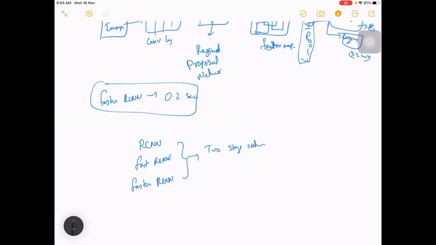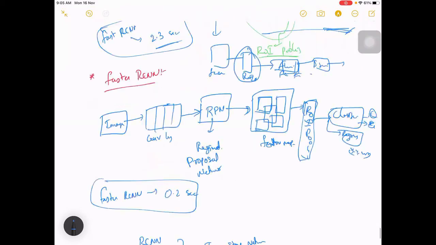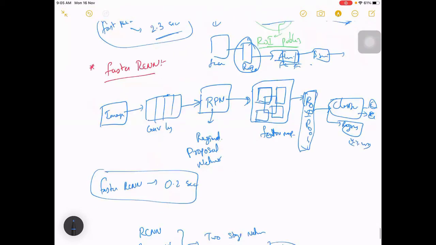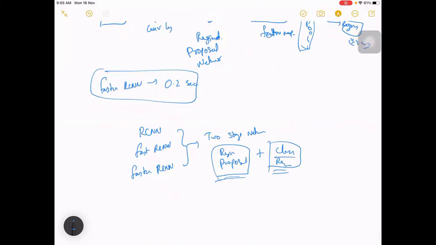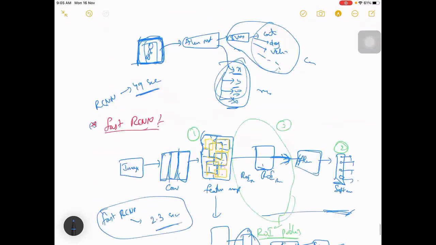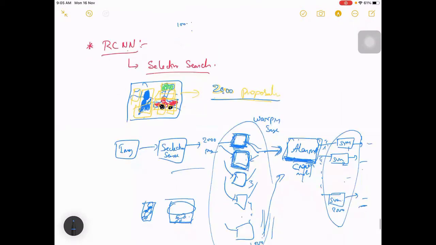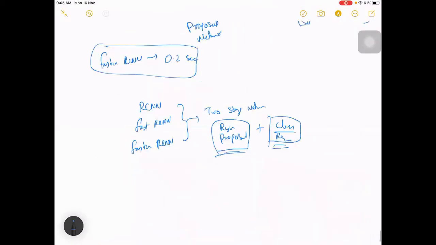One for region proposal, and the second one for classification and regression. You can see this RPN network, and then this is a two-stage process. Even if you see here, it's selective search and then classification. Here again selective search and then classification. So it's a two-stage process.